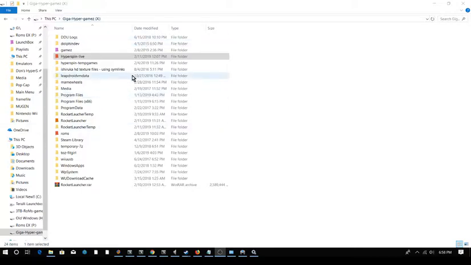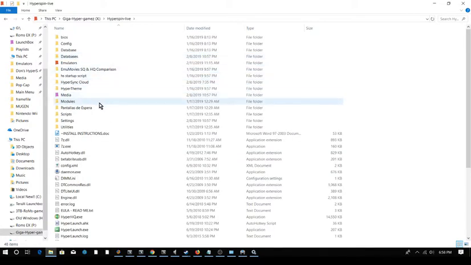So this is the same drive as your drive. A lot more files here because I have my Steam games and stuff like that on the same drive. But same drive as yours. What you want to do is double click on Hyperspin Live. You want to go down to